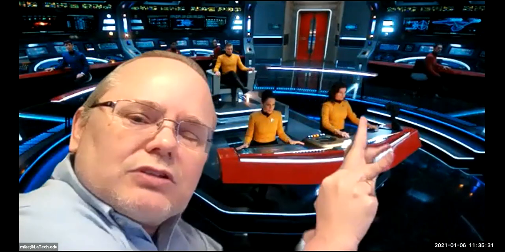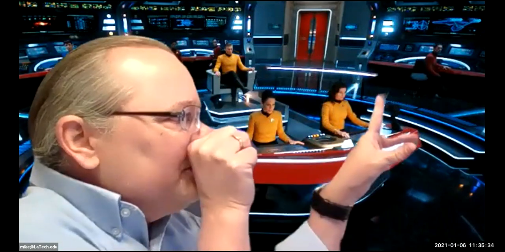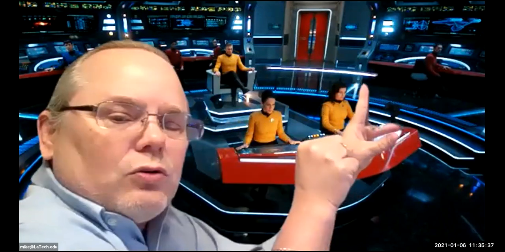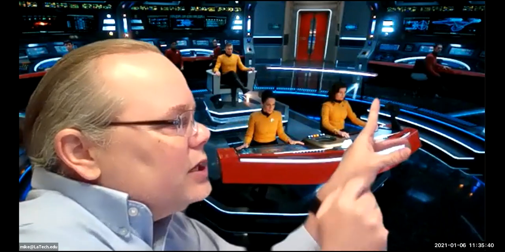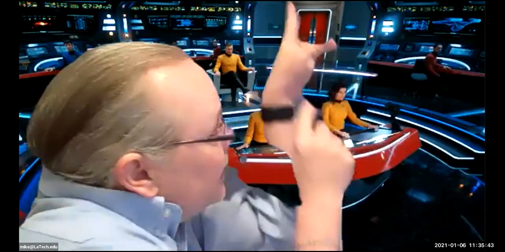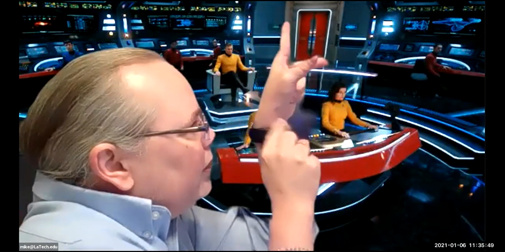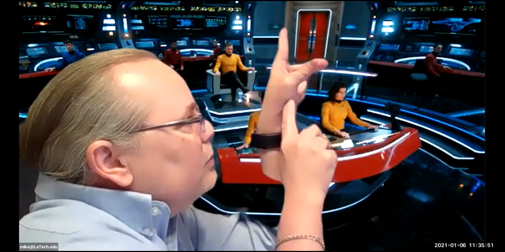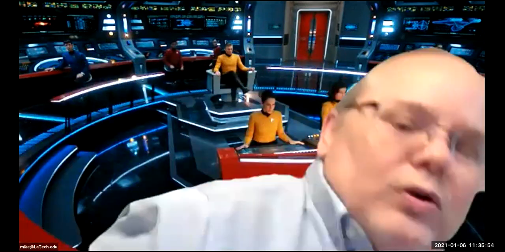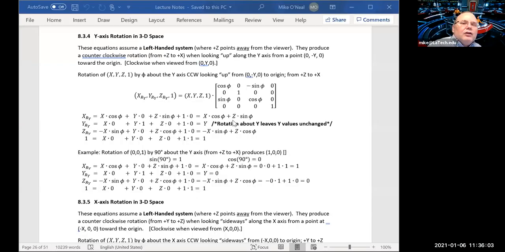Just like when we did the z-axis rotation, and I said, okay, we're going to be looking from minus z towards the origin, and that's why it's a counterclockwise rotation from x to y. Well, now we're going to be looking from below, looking up, okay? So we're here in minus y, looking towards the origin, and what's going to happen here? Well, we're looking up from minus y, and that's going to give us a counterclockwise rotation from z to x,